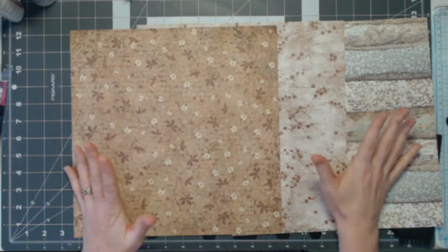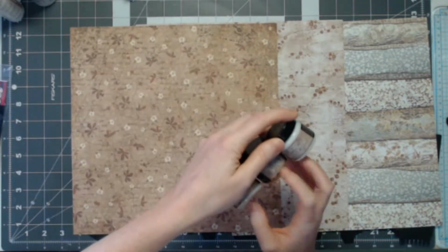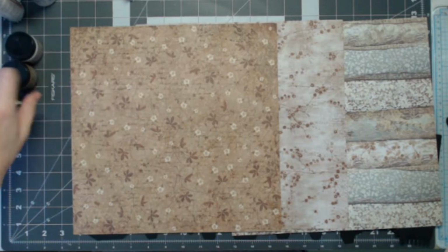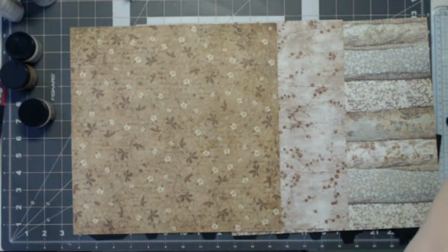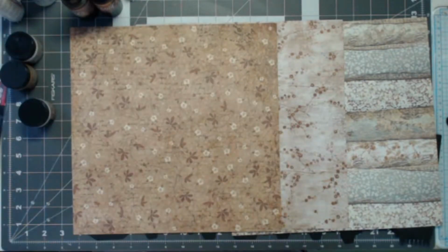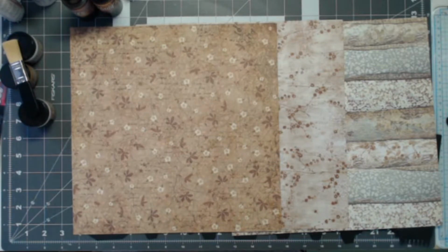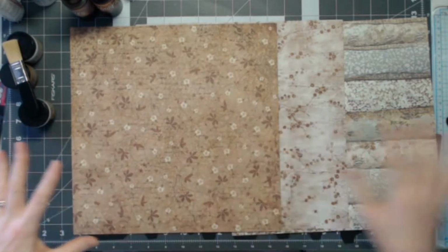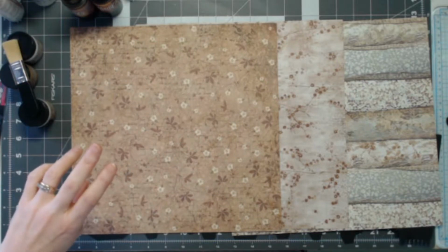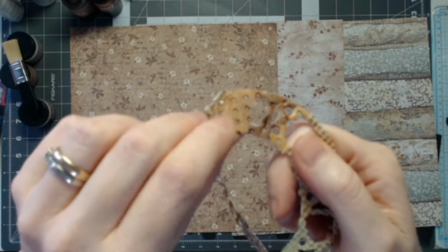The papers are from my stash. The mixed media kit had just the collage mediums and the two sprays from Lindy's Gang, a brush for the mediums, and two types of drywall tape, which currently had the kind with holes,